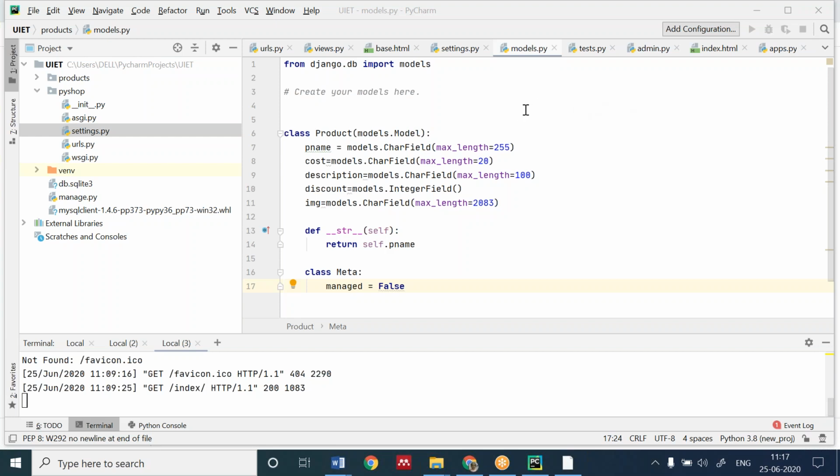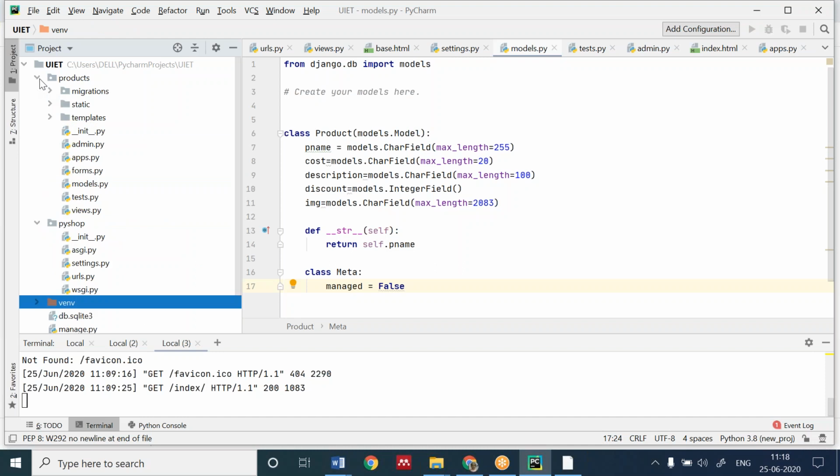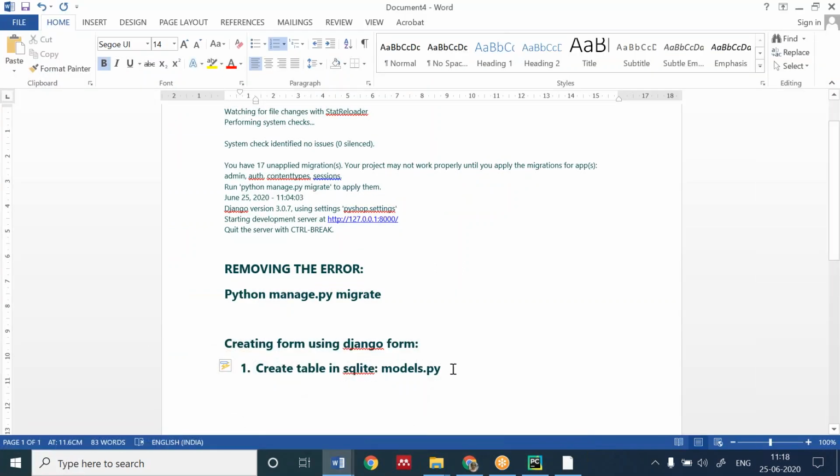Okay. So we were doing how to create a form. We have created the attributes of the form. Now the next step, I will be creating forms.py in the app.